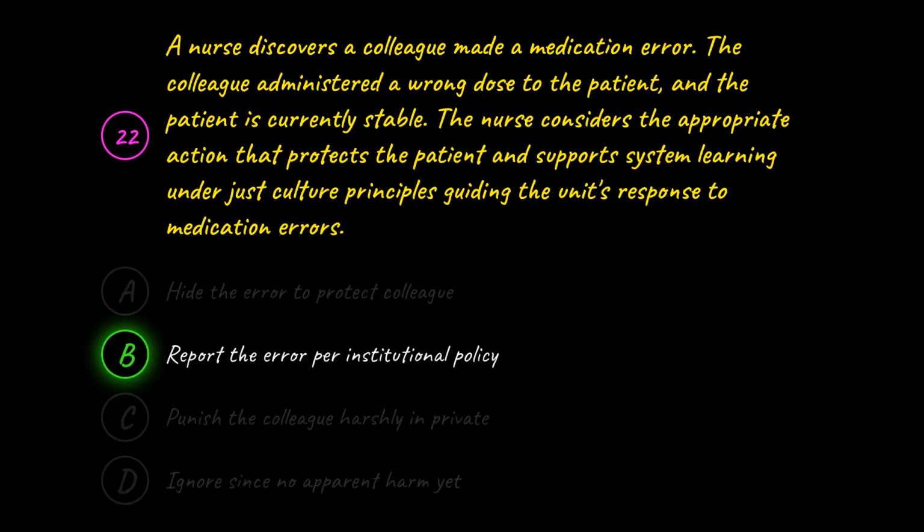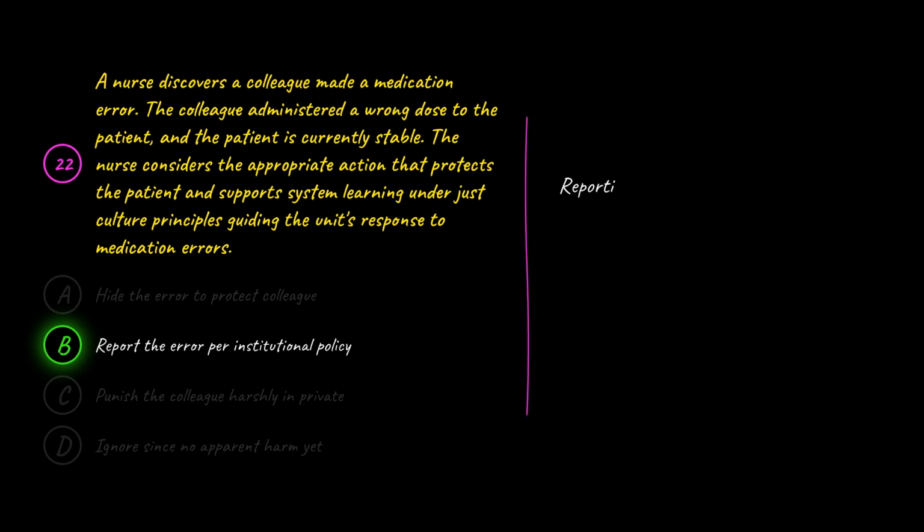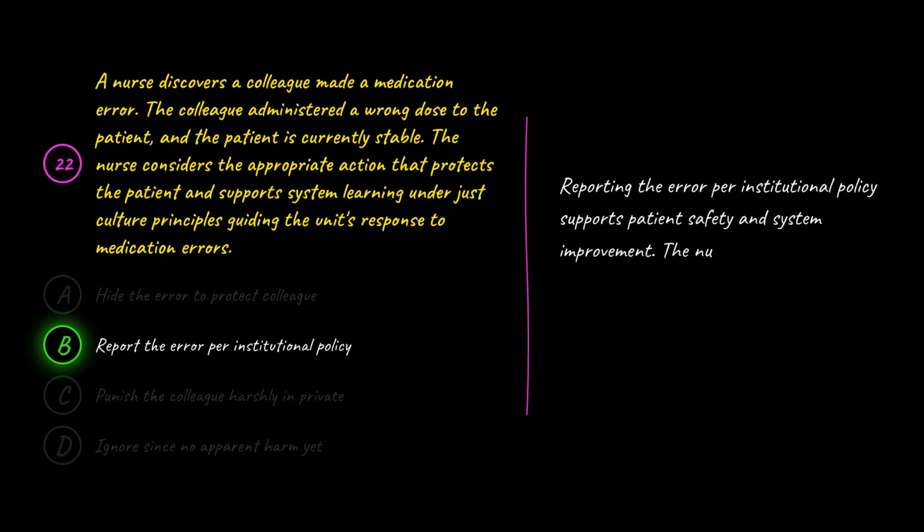The correct answer is B. Report the error per institutional policy. B is correct because reporting the error per institutional policy supports patient safety and system improvement. The nurse documents, monitors the patient, and contributes to root cause analysis under just culture, which separates human error from